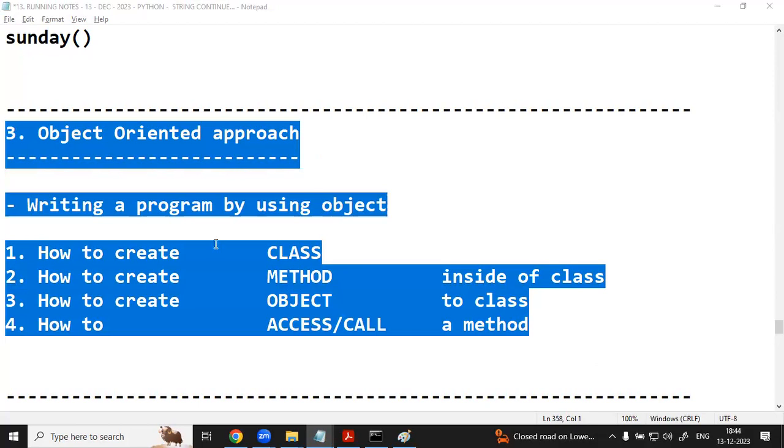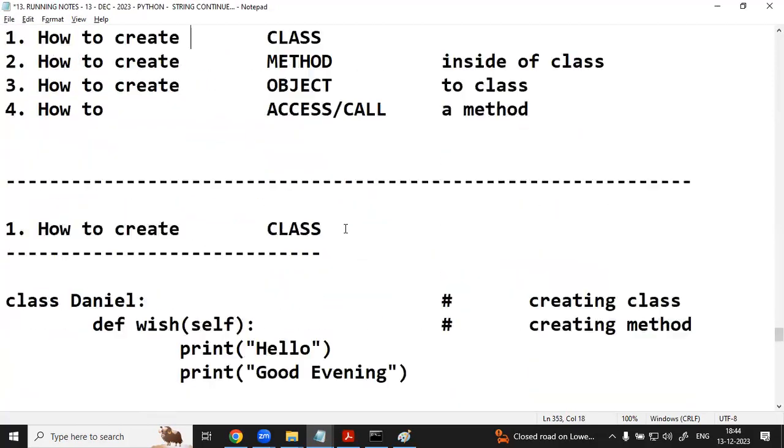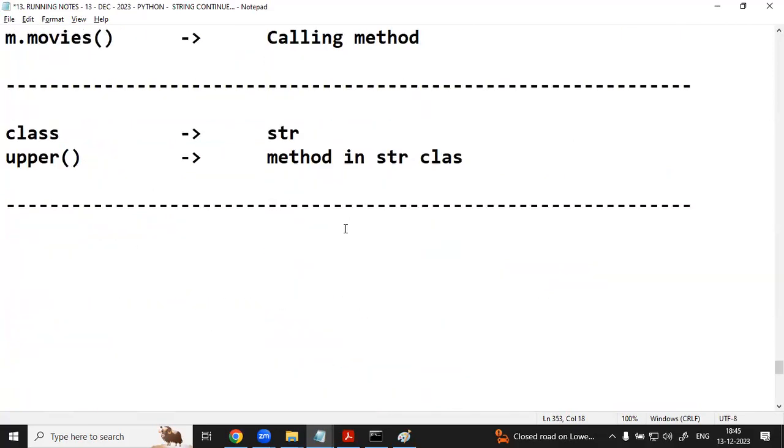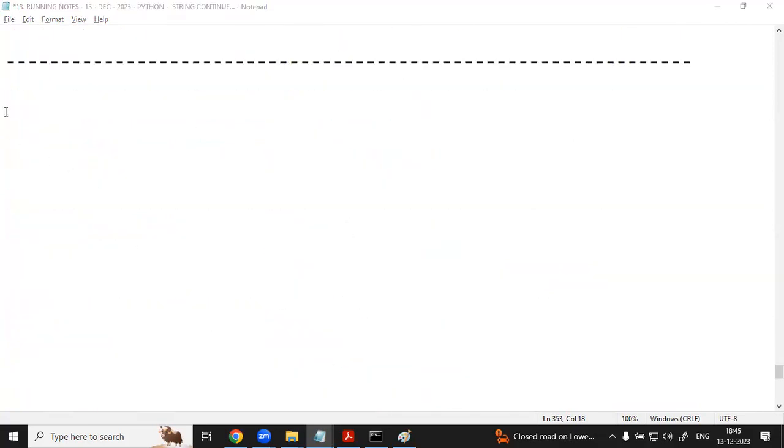Okay, let me repeat one more time. Go back. Offline team, I need patience from you actually. Good, let's continue. You can feel a kind of revision. Let me tell you, any kind of Python program we can implement in 3 ways. First one is procedure oriented. Second one is function oriented.